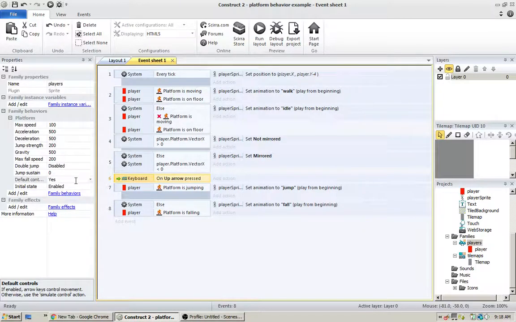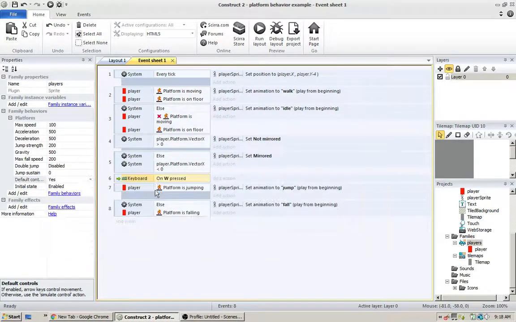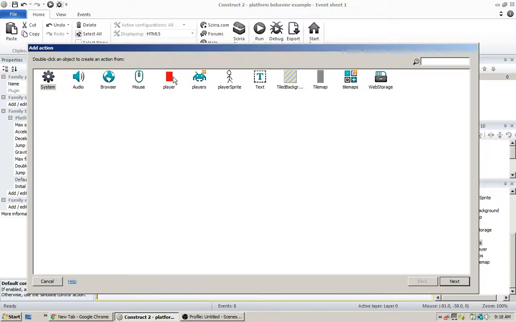Actually, you can basically use any key that you want for jumping. So this is another way of how you would change the keys. Let's change this to W just to show that it could be different. Okay, now when W is pressed, we could add an action to the player